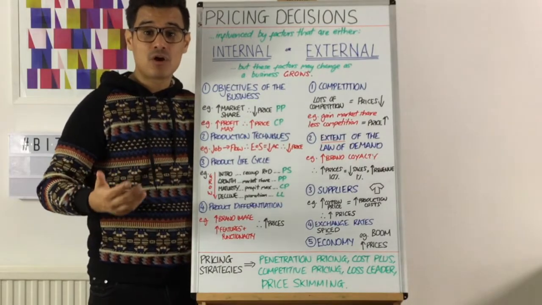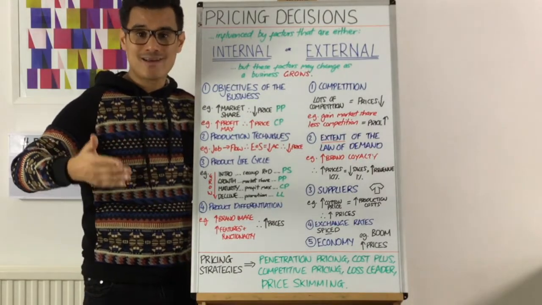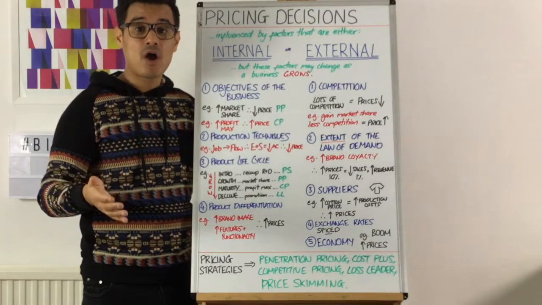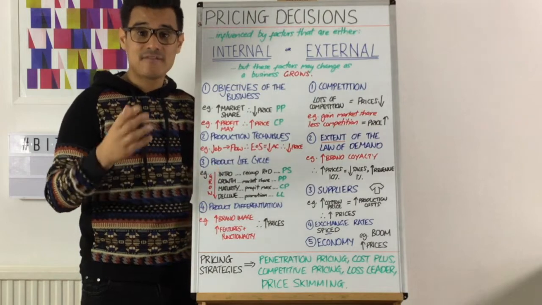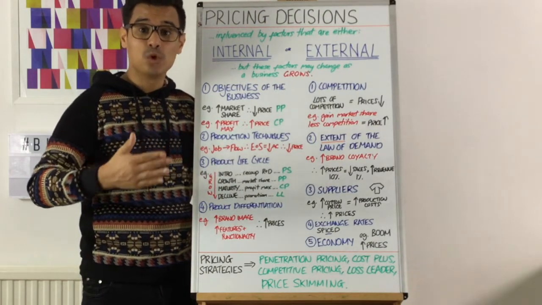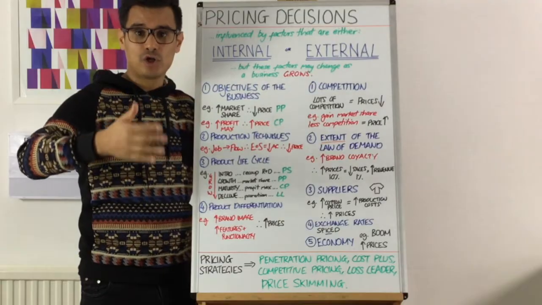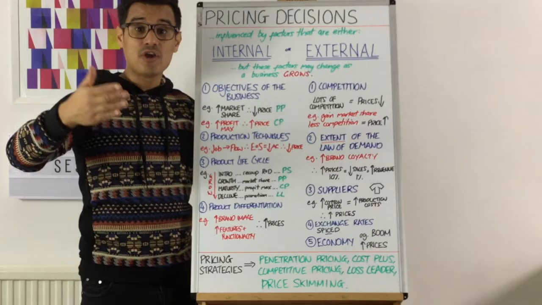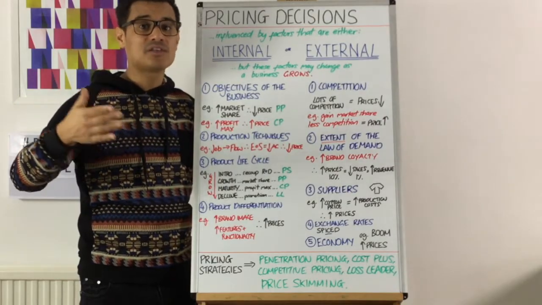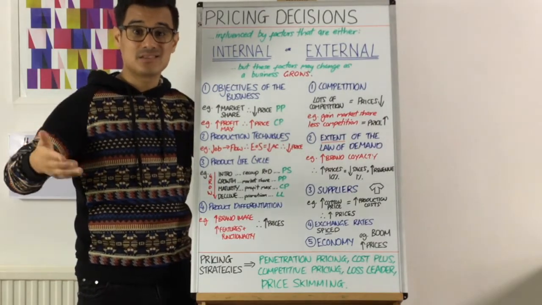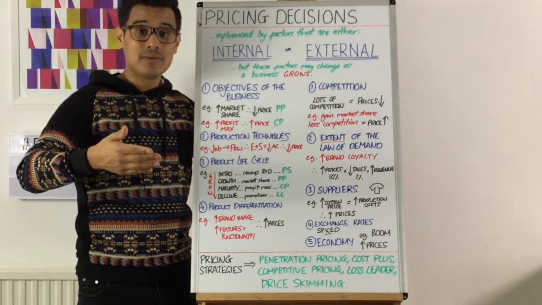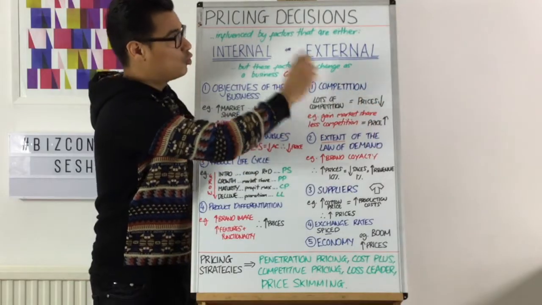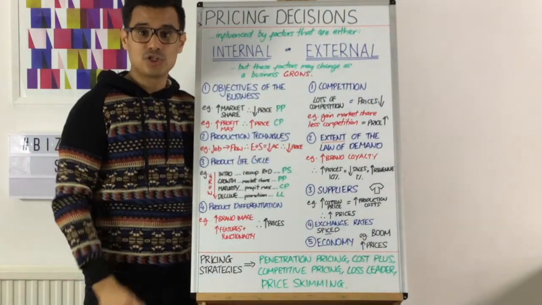And as a business grows, it might mean that their market share has increased. And if their market share has increased, it's likely there are fewer competitors. And if there are fewer competitors, you move towards a market structure that's an oligopoly, or even better, if you're a business, a monopoly. And in that case, you are the only seller in the market. And if you're the only business that sells a product, it's likely that you might be able to increase your prices. So that might affect your pricing decisions, how much competition you've got.